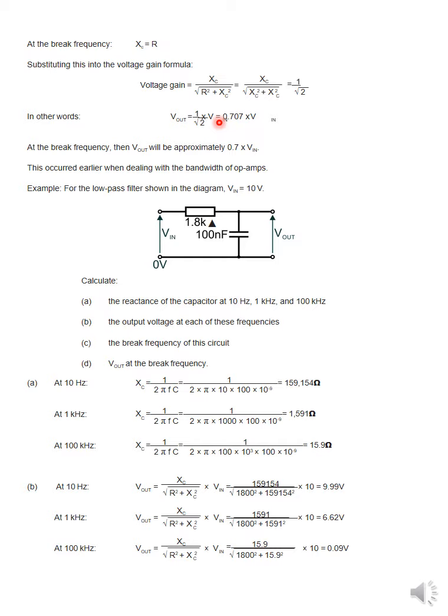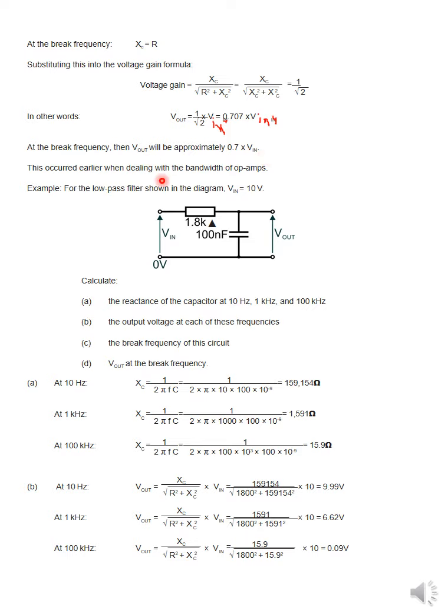It has been shifted when I changed it from PDF to this. So this is a V in here, which needs to be cancelled, and this is a V in here also, which shifted here. Okay, so V out equals V in divided by root 2, or you can say V out is equal to